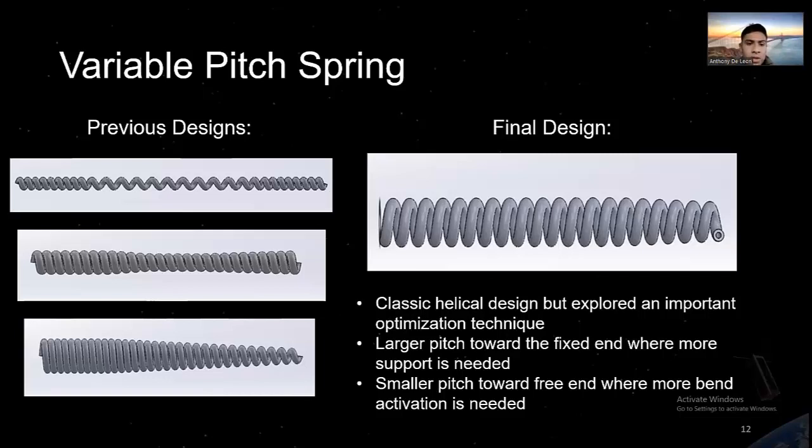Originally, as you can see on the top left, the previous design was very small, and I had really no idea of how it was going to function or if it was even going to simulate in SolidWorks. But it turned out to be a successful simulation. So my goal was to optimize the first design, and then as you can see, there's different